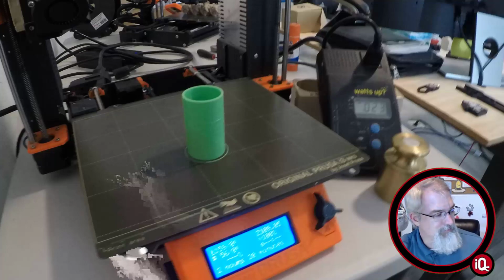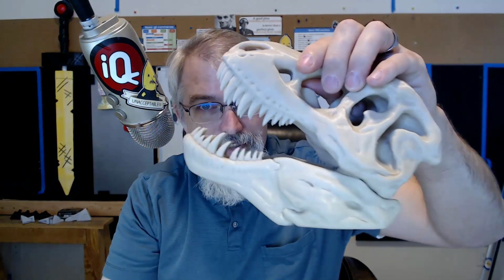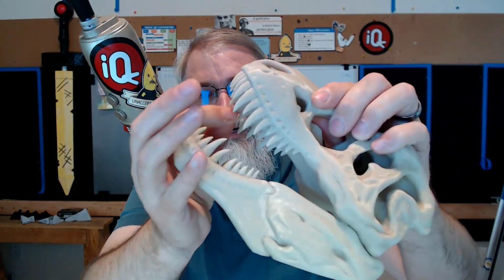Like I got a little skeleton T-Rex thing I'm working on, and a little kid could break those teeth off. So just because it's big does not necessarily mean it's safe. And I'm sure there's lots of rules and regulations. So keep your 3D prints safe and away from little kids because there's some dangers. Anyway, so